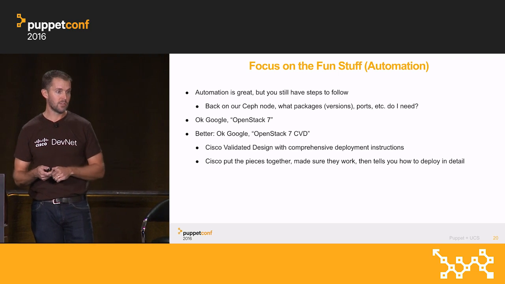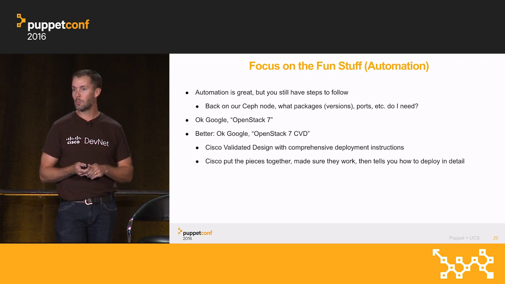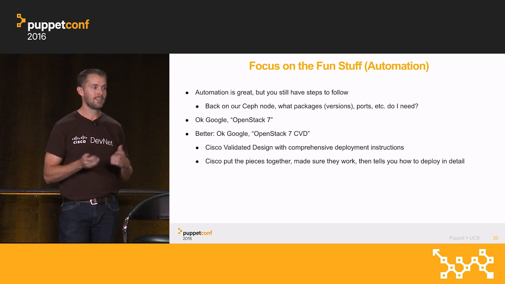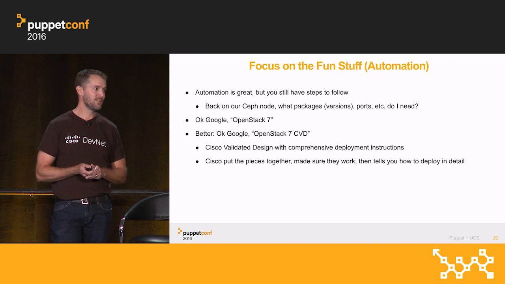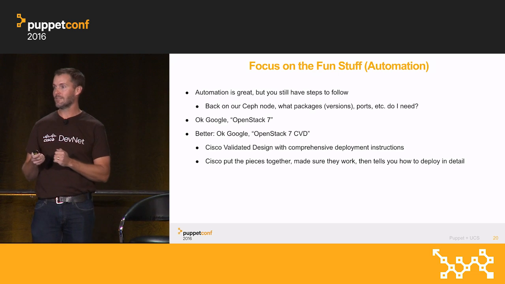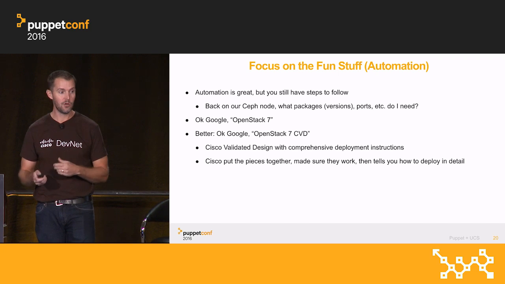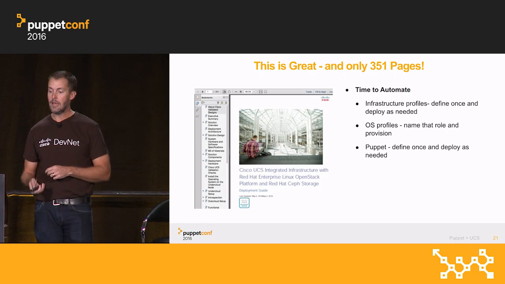If you're setting up an OpenStack cluster, that's challenging. You could go Google OpenStack 7 or whatever version you want. Who knows? That's instructions of unknown provenance. So if instead you Google search OpenStack 7 Cisco validated design, there is an OpenStack Cisco validated design. And